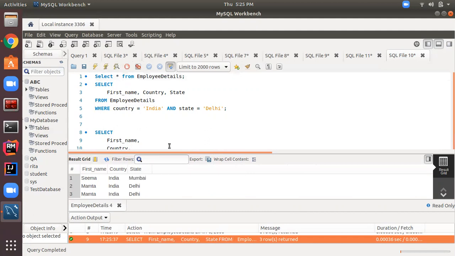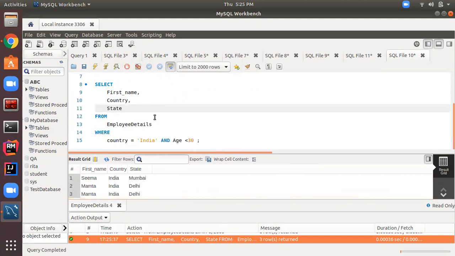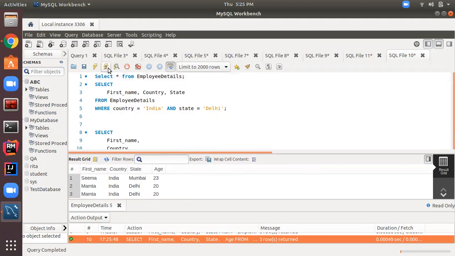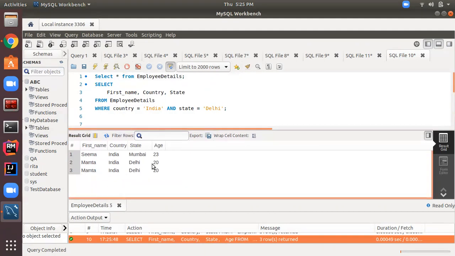Let's check. Let us fetch age as well so that we can compare. So there are three records in the employee detail table whose country is India and age less than 30.